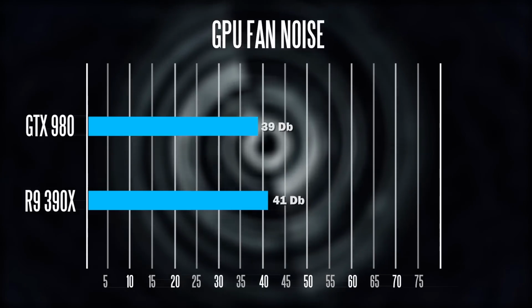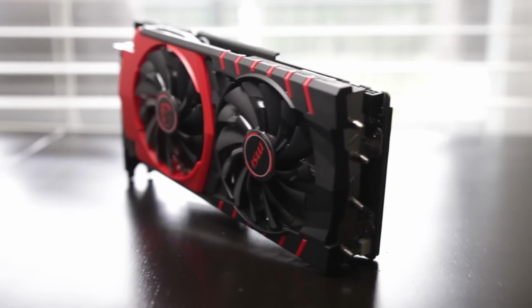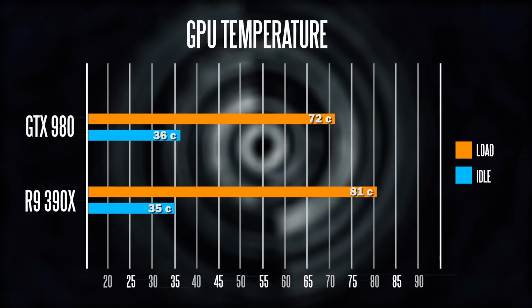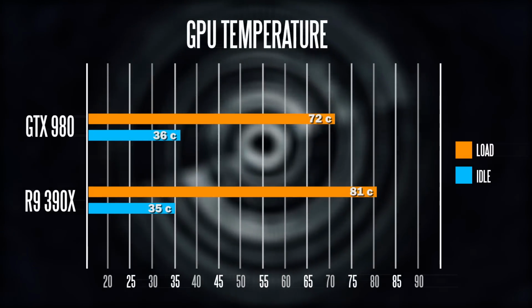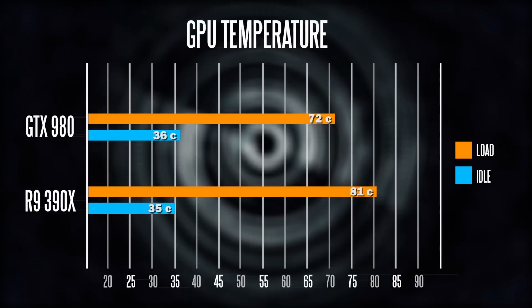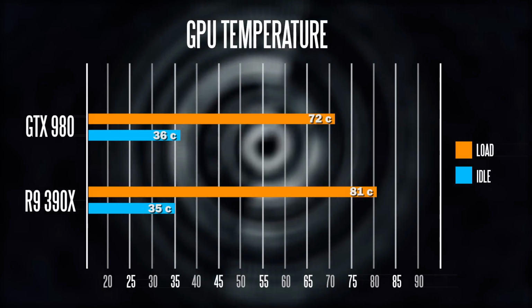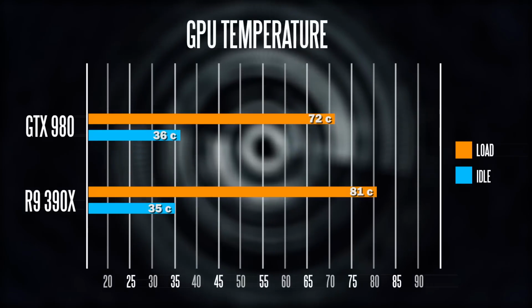Now, in terms of the temperature and efficiency of how they both cool the GPUs on idle, again, very similar. Basically, both of them are hovering around 35 to 36 degrees C. And when you load them up, the GTX 980 is a very efficient card, very power efficient, and the cooler does a great job of lowering the overall temperatures at maximum load to 72 degrees Celsius versus about 81 degrees